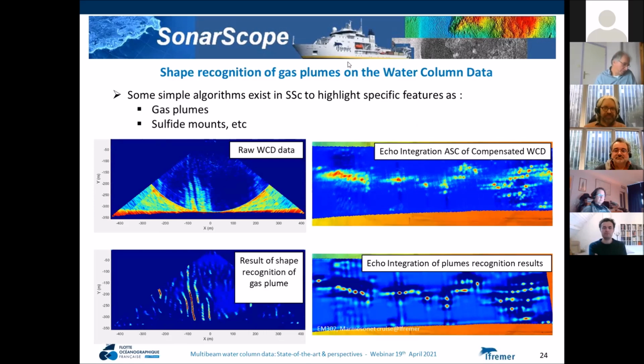I will finish my talk with this slide, which is a nod to the injunctions we continually hear. Why don't you do machine learning or deep learning? This slide illustrates the result obtained by one of the simplest signal processing algorithms, the mean square value. Its use here allows us to detect gas plumes beyond human